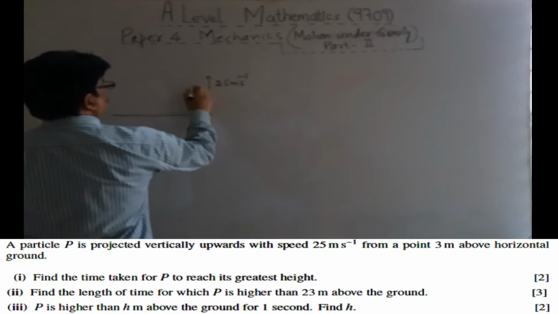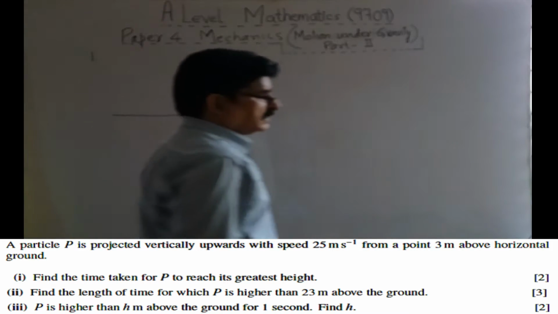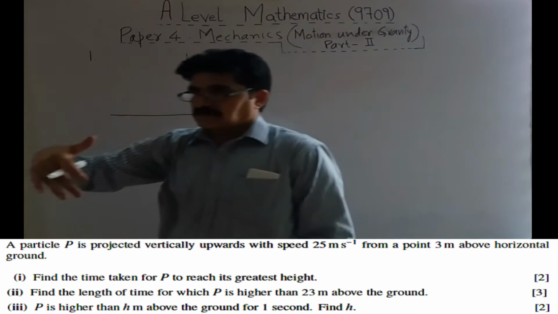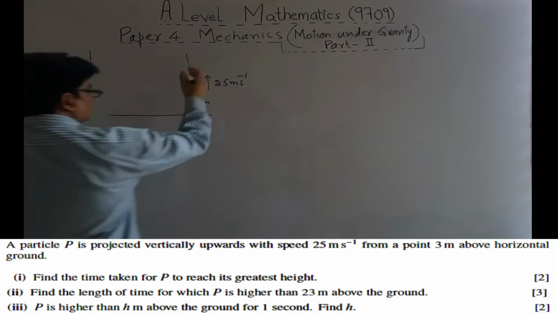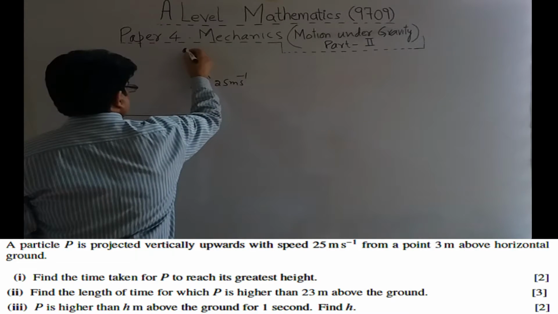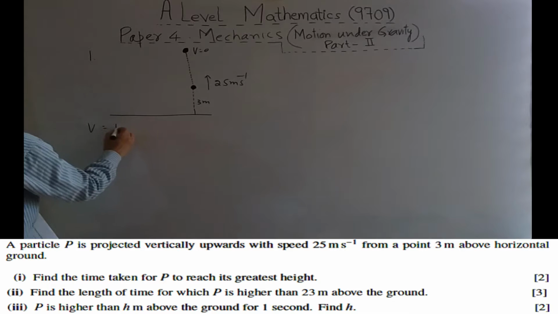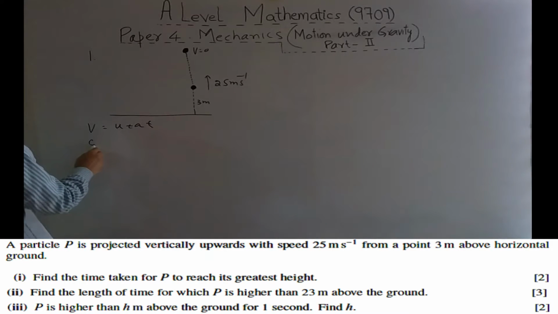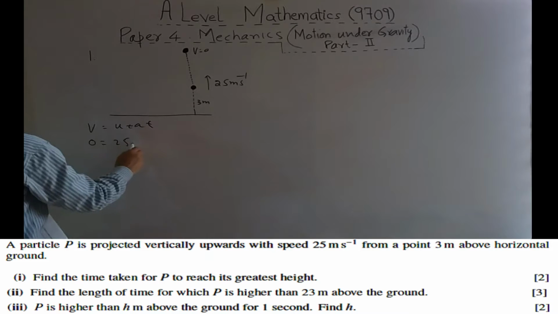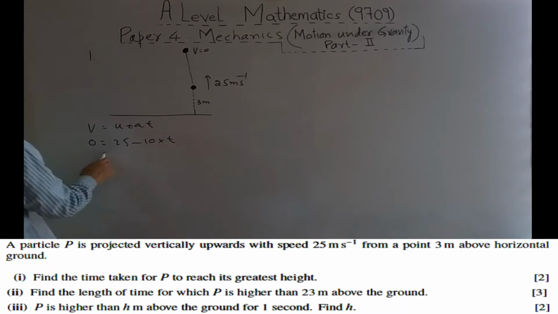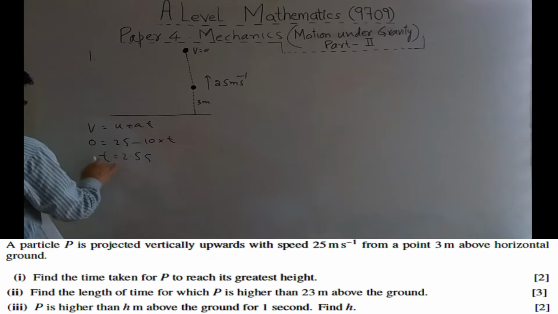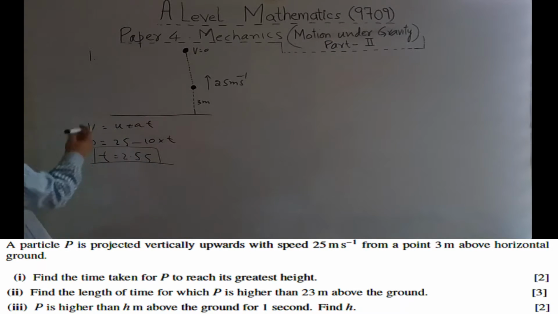Now from here it will move upward, and as it is free fall motion, it will come to rest at the highest point. So at the highest point V will be 0. Now you are asked to find time. Applying the equation of motion, V is equal to U plus AT. We have V is 0, U we know is 25, acceleration is minus 10. Simplifying, you will get 2.5 seconds. So this is the answer to the first part. Then we have the second part.